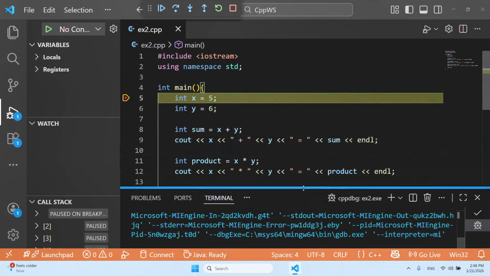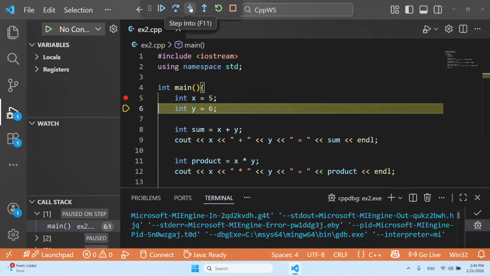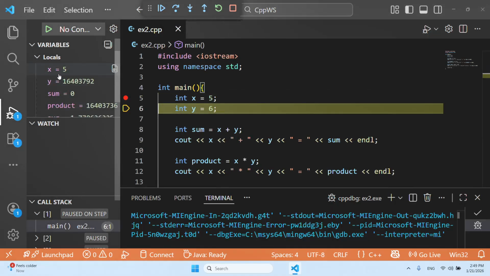Now you could see that this is where the execution has stopped, and we can now go step by step over this program. To go one step at a time, there are controls that you see at the top of your program that say step into, step over, and continue. So I'm going to do step into, which is F11, so that I can go one step at a time. So if I press this, now you can see the local variable X being displayed on the left hand side. This is how you debug it.